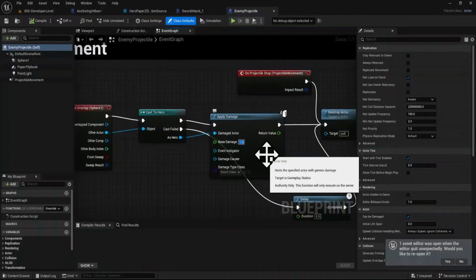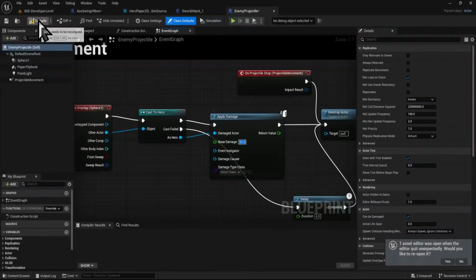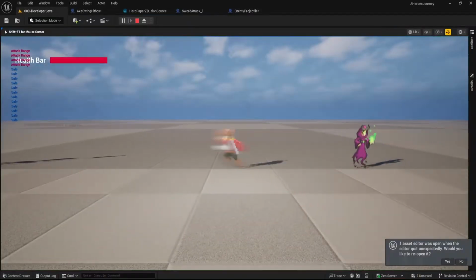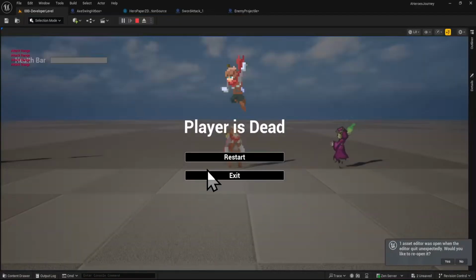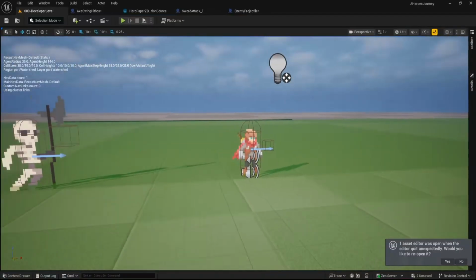I don't like the idea of that. Let's increase it to 30. I think 30 damage for a projectile that's being thrown at the player is good, because then the player dies in about 4 hits. So let's see. Yep, that's much healthier. So that's just a super quick overview of damage projectiles and how they work